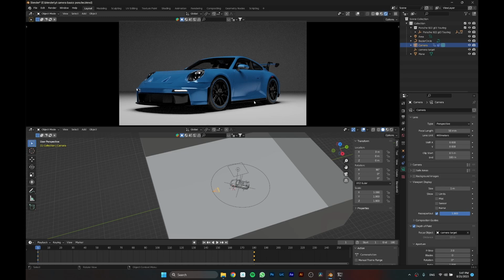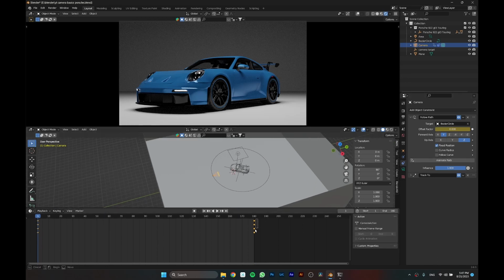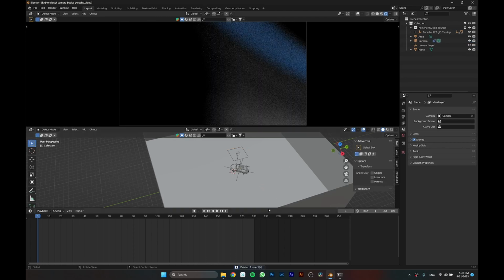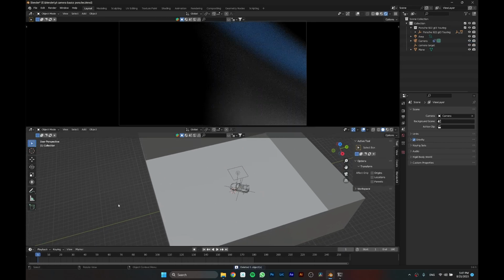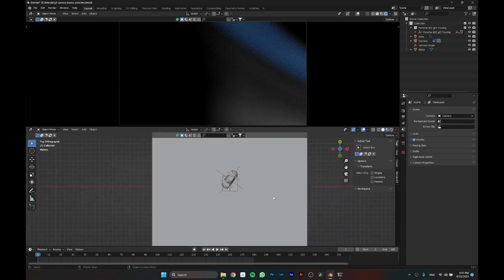And for this follow path, we don't necessarily need to use a circle, so I'm going to delete all these keyframes, and I'm also going to delete this circle that we made. The camera would jump right in the center because we reset the location, but we're going to fix it in just a second. So I'm going to go to my top view,